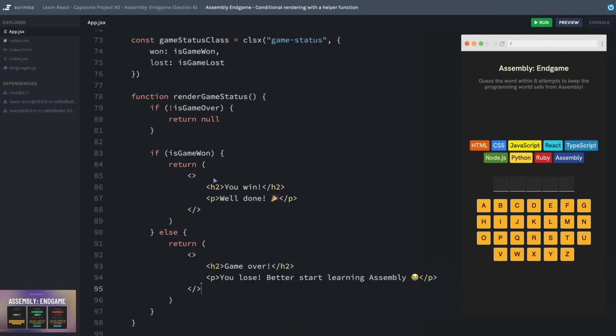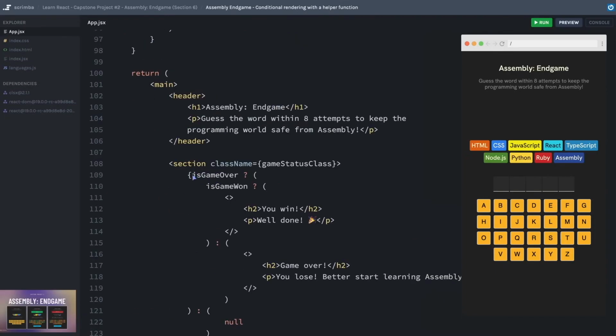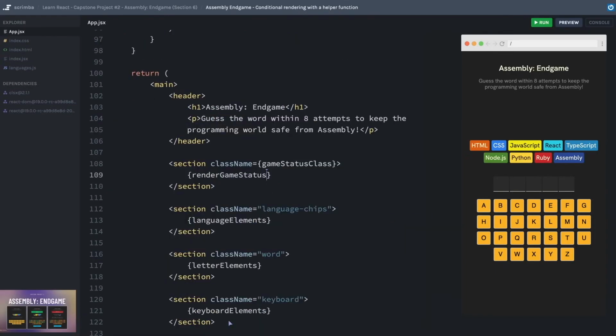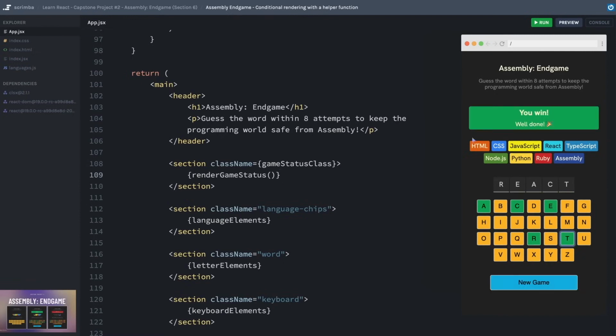Later in this series of challenges, we are going to be finding some of the things that we can offload to a separate file. And because of how tall this function is, it feels like a good candidate for that. For now, we're not going to do that. And I can just simplify all of this by calling renderGameStatus. Maybe I should hit save and test this out first. Okay, let's win the game first. Okay, awesome.